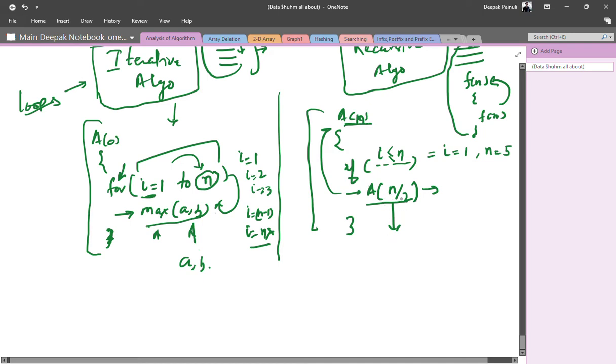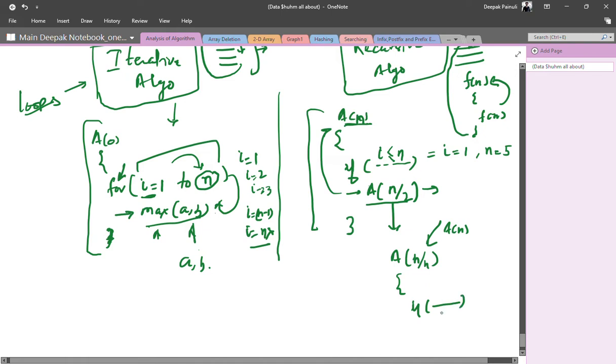That means whenever you are going to execute this instruction, what it means to say is that another a n, or we can say a n by 2, you can refer to it as a n, right? Another function will be called here.